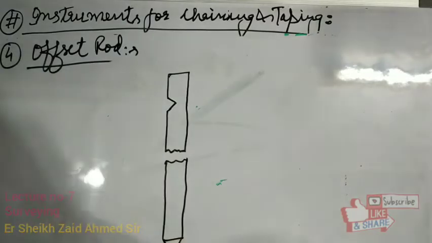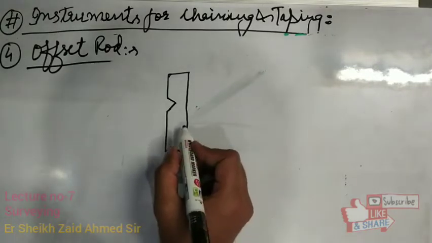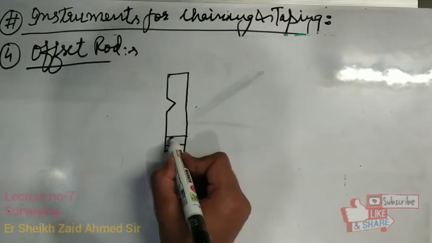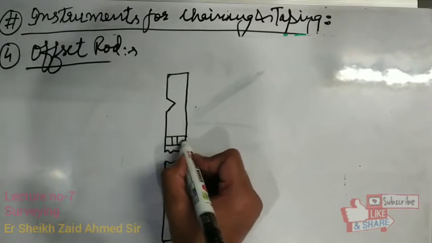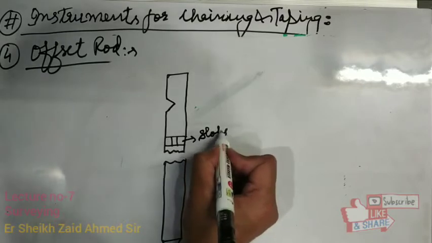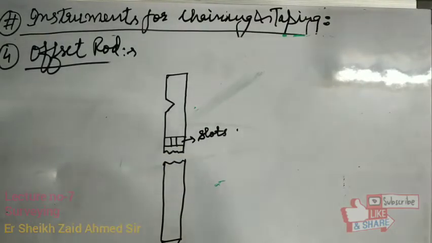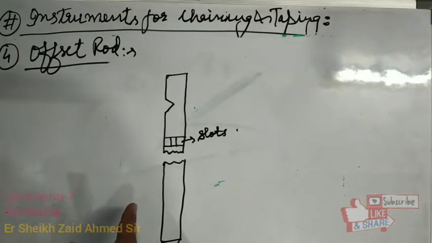First of all, it has two short slots passing through the center of the section of rod. See, let this be the center of the section of rod, so these are the slots. This is the first difference between a ranging rod and an offset rod. These slots are made at right angles to each other at about the eye level of the person.